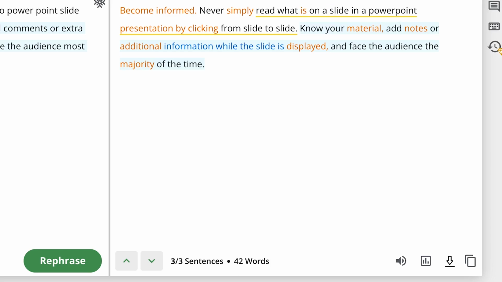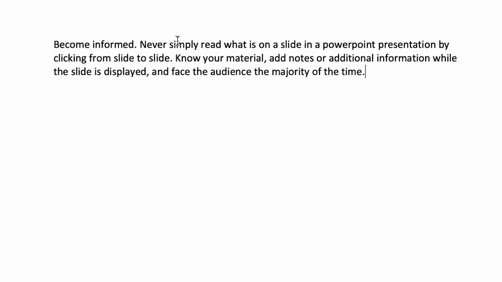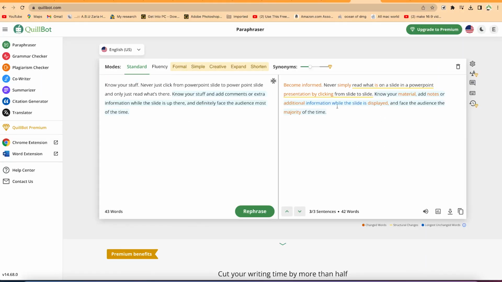For example, in your Word document, you can just easily bring it here and just paste it, and you have your paraphrased document very easily accessible. Or you can even work on Google Docs. You can copy and paste. So these are the options, and you can generate multiple responses, multiple paraphrasing.